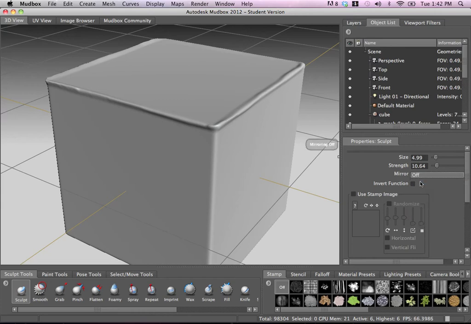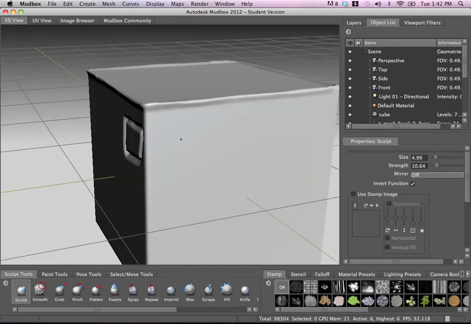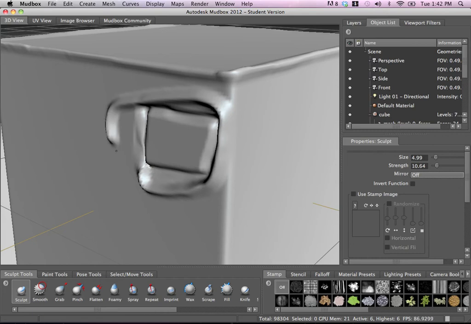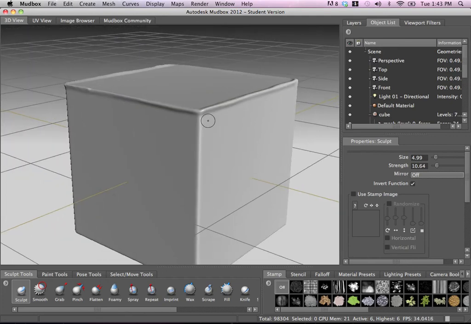So I'm going to click off right now. And this is the invert function. These four things are the most important. Invert function means clicking on it, it will do the opposite. It will push the geometry in. If I invert again, it will pull the geometry out. You can see I'm pulling out, and then invert, I'm pushing in. So those are